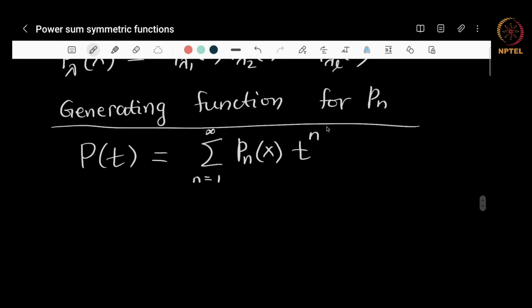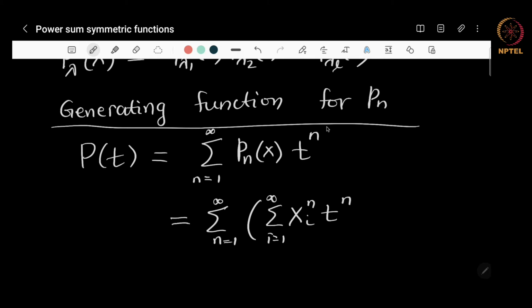Now, let's see what this is. This is just the summation over all n, summation over all i, of xi to the power n times t to the power n. So I'm just going to put the t to the power n inside and think of it like this, summation xi to the power n t to the power n. And therefore,